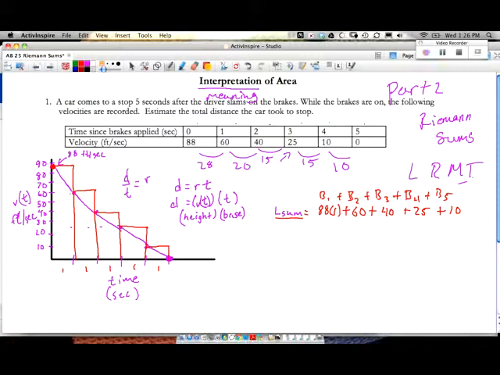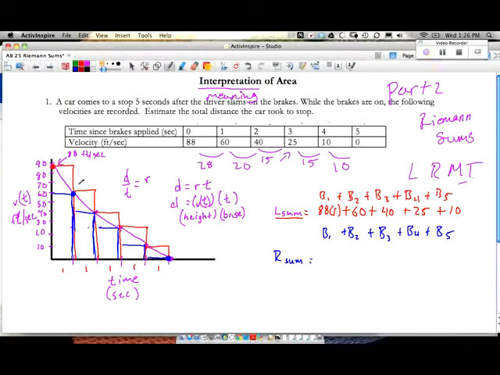Now, if we were to do the right sum, I'll do this in red, that means that the right corner of this rectangle would be touching. And now we're going to be underneath. And what's really weird is this last one is actually 0 tall, that last box. So now when we do the same thing, box 1 plus box 2 plus box 3 plus box 4 plus box 5, our right sum,